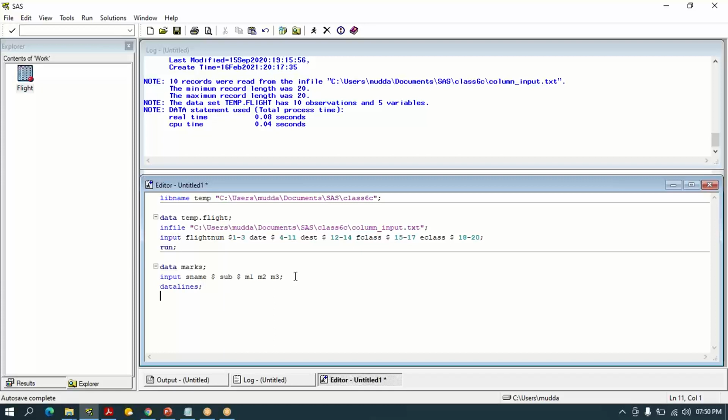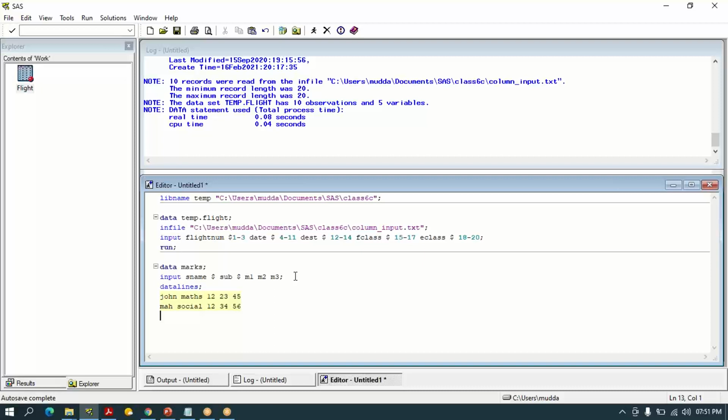Now enter the data, what kind of data you are going to create in the file, like name, a character, subject is okay, person name is John, and subject is maths, marks, like this. Similarly, so like this, these are the records that you are entering, and I want to create these records in